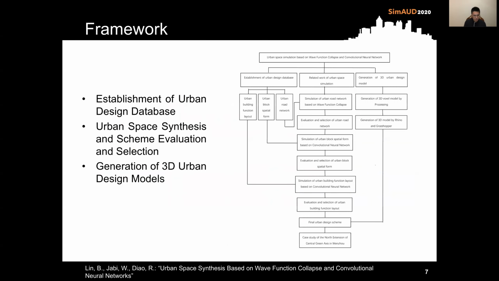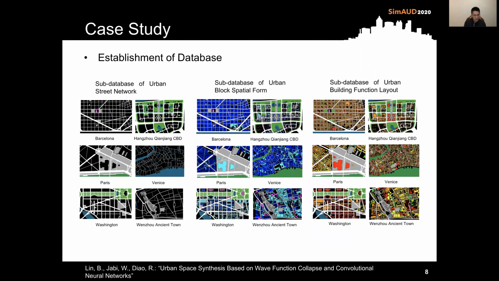The framework begins with the establishment of urban design database. The second step is urban space synthesis by wave function collapse and convolutional neural networks, and scheme evaluation and selection. The last step is generation of 3D models. Now I will explain a case study of north extension of central green axis in Wenzhou to show the feasibility